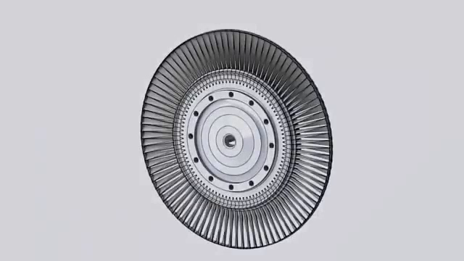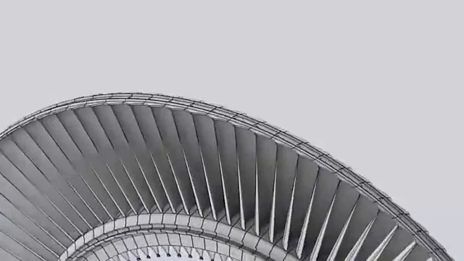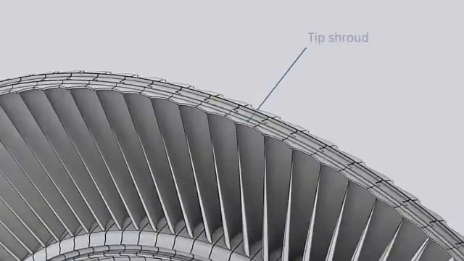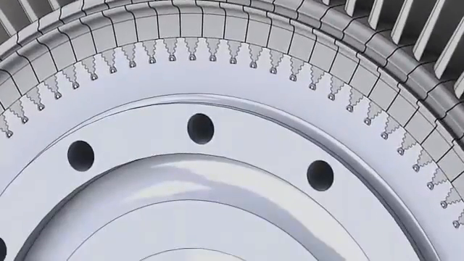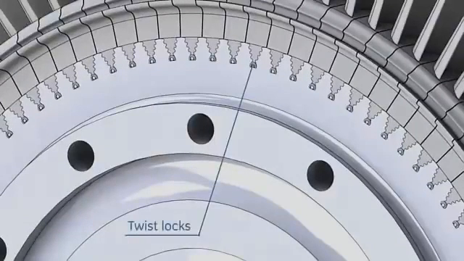The third wheel carries the buckets of the third turbine stage. 92 buckets are also installed on the third wheel. Third stage buckets are not internally cooled. Third stage bucket tip is also enclosed by a shroud. Buckets are attached to the wheel by the dovetail arrangement and held in the axial direction by a twist locks arrangement